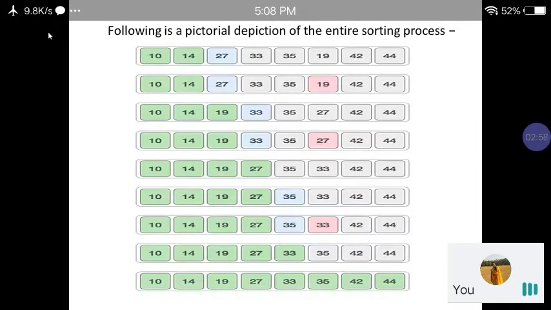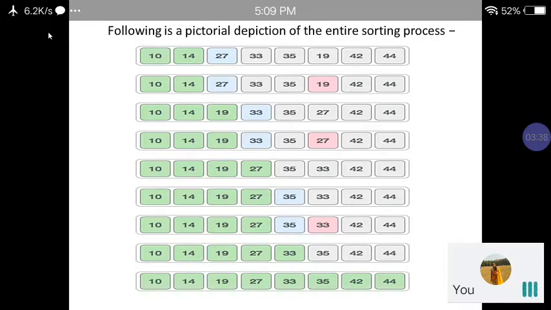So here we can see the elements. After that, for the third position, for 27, we are searching whether there is any smaller item in our list. 19 is the smaller element in our list, so we are going to swap 27 with 19. So at the third position, 19 gets fixed. At the fourth position there is 33, so we are searching for a number less than 33. When we search the list, 27 is less than 33, so we will swap 27 into the fourth location.